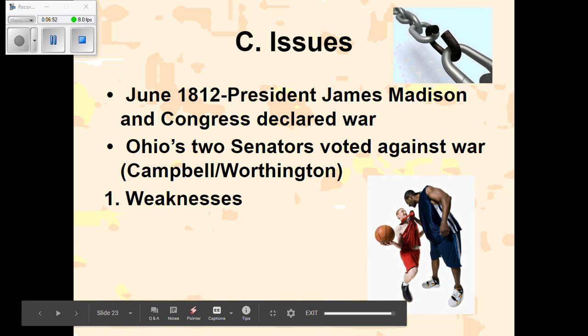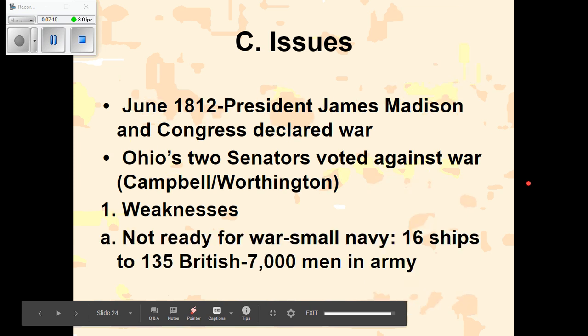We're just coming out of a war, about 25-ish years prior. We're still owing a lot of people money. We're expanding or trying to expand. So we've kind of got our hand in too many cookie jars, if you want to use that analogy. But when you look at the statistics, we weren't really ready for war overall. We had a small Navy. We really had no purpose to have a gigantic Navy because we weren't having too many issues in the ocean.